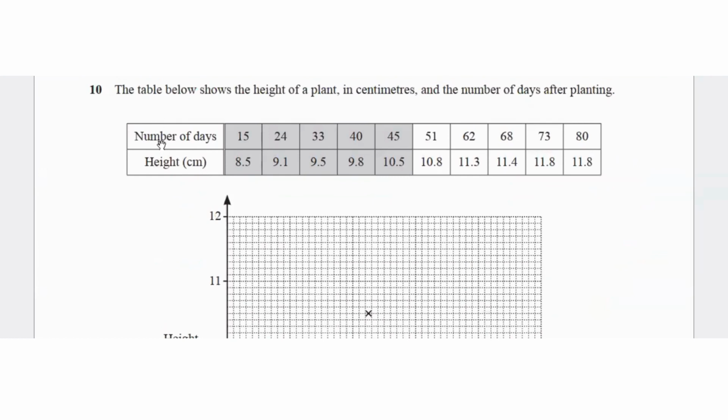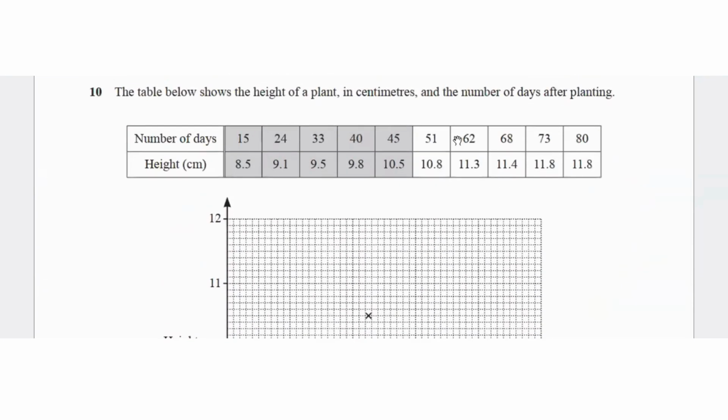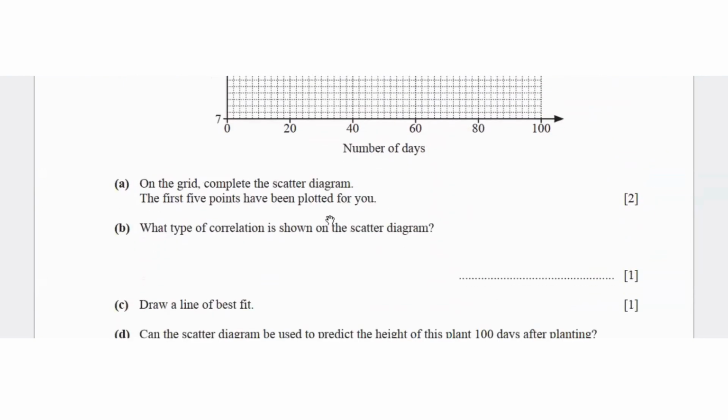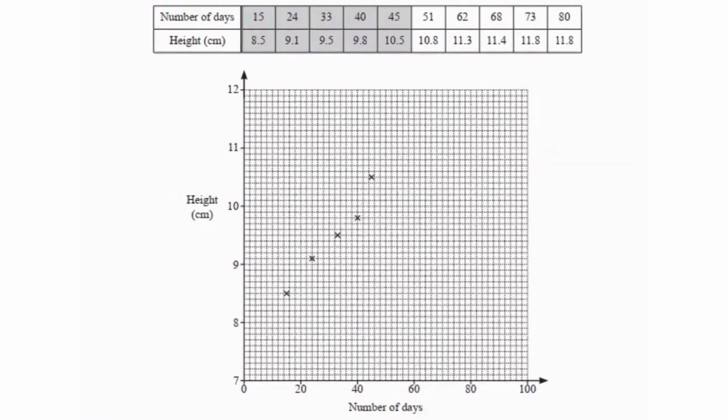Question 10 gives us a table of values for the height of a plant in centimeters and the number of days after planting. They have plotted the first 5 values and they're asking us to plot the next 5 values. So 51 for 10.8. So that is going to be